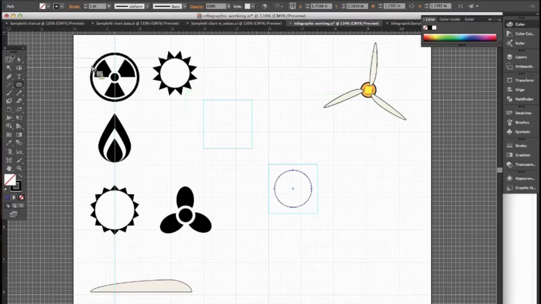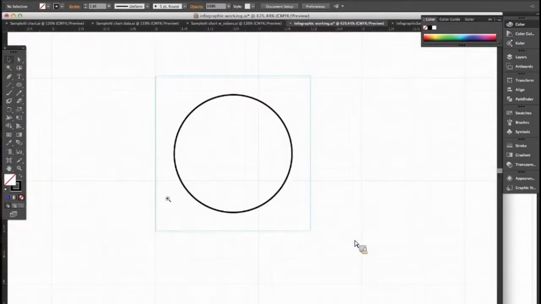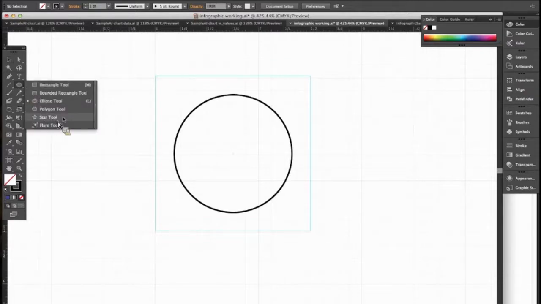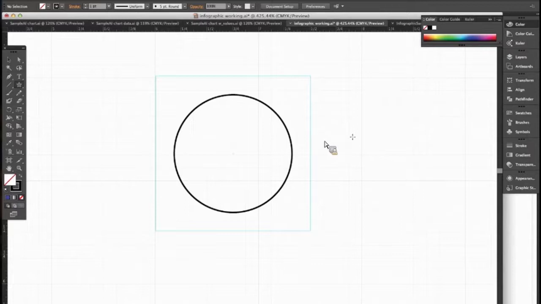All right, now I'm going to go back to my selection tool, click to deselect that. And again, I'm going to zoom in on that circle a little bit, making sure that I have a little bit of padding around that box so I can see what I'm doing. And now we're going to go down and choose a really fun tool. This is the star tool, which at first doesn't seem too exciting until you find out all of its wonderful hidden features. With the star tool,